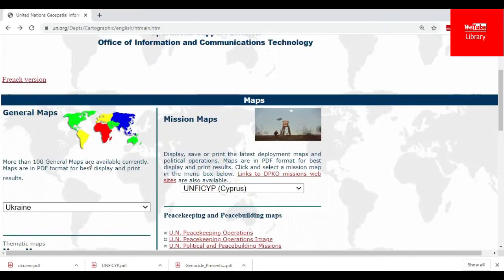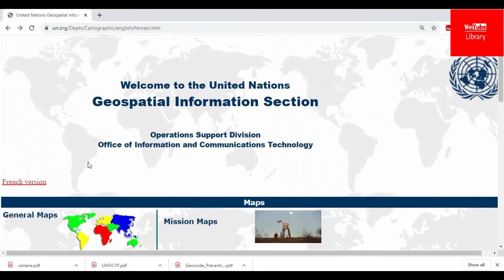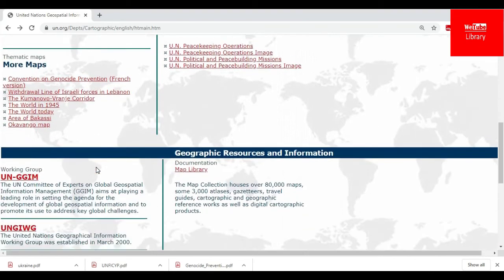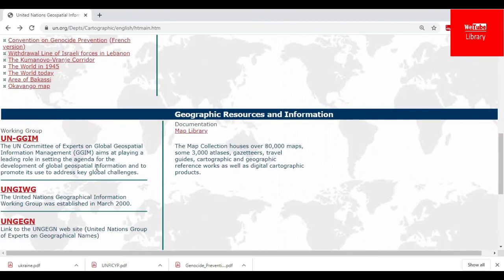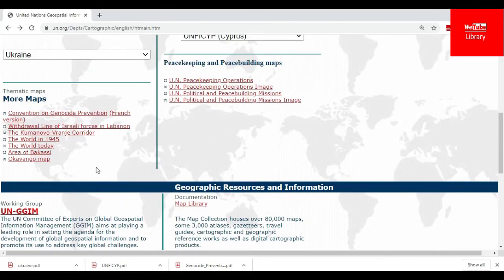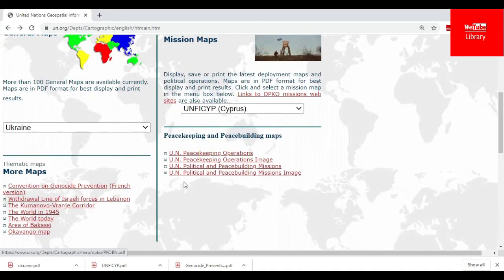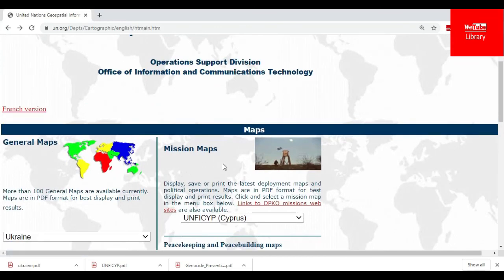Students who are studying geoinformatics, or MA or MSc geography, MSc geology, all these maps are helpful for them. It is also helpful for scholars doing their study related to international relations or any human geography, world geography. So these maps are very helpful, guys. That's why I shared this particular site with you, so you can get the maps very easily, and that also in HD quality.